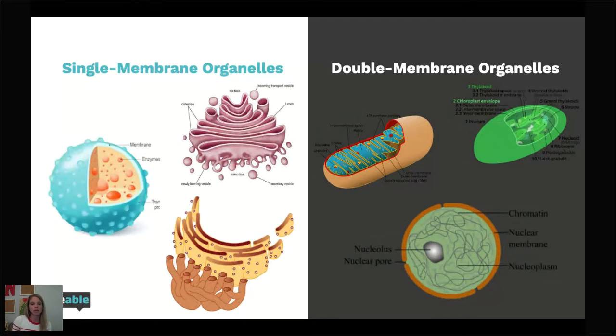But so these double membrane organelles, they are going to have that increased surface area. If you saw one of my other streams on this, I drew out the cell and I got my measuring tape and I measured it for you, like how much increased surface area it is when it has that inner layer. That's a lot and it lets it do a lot of stuff.